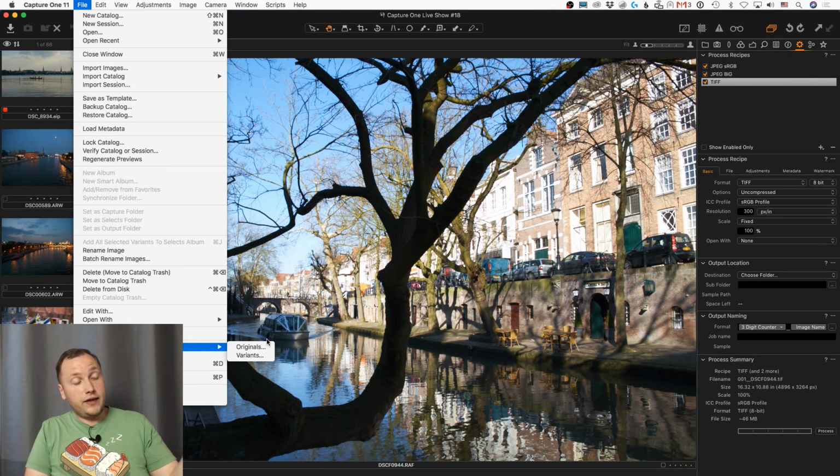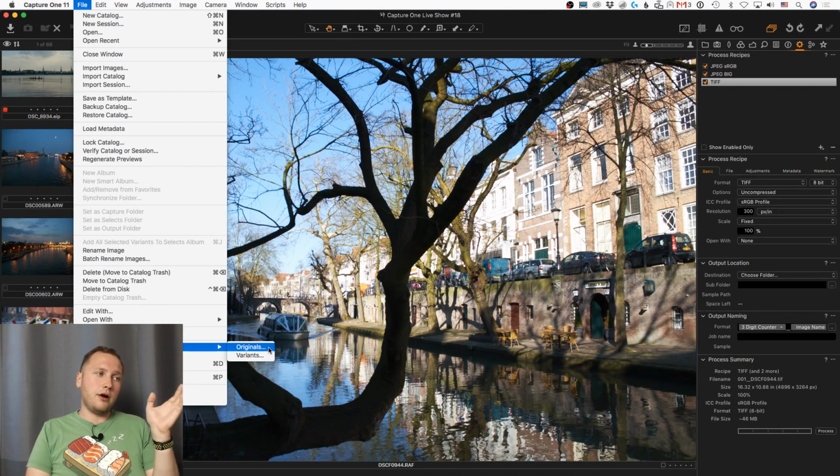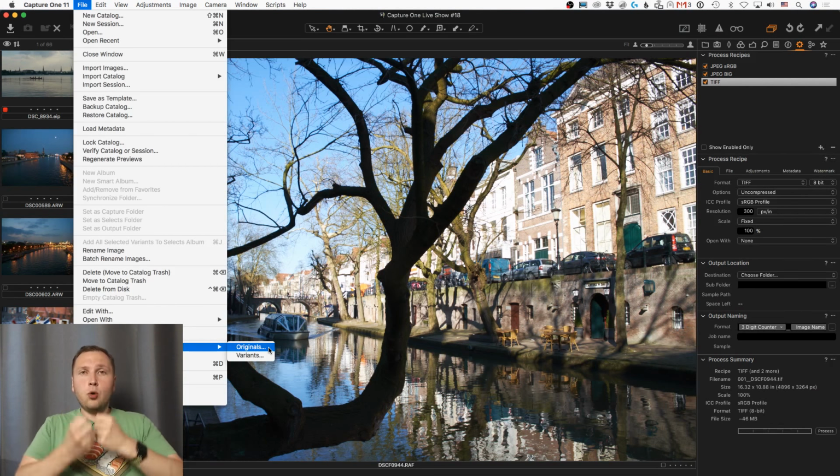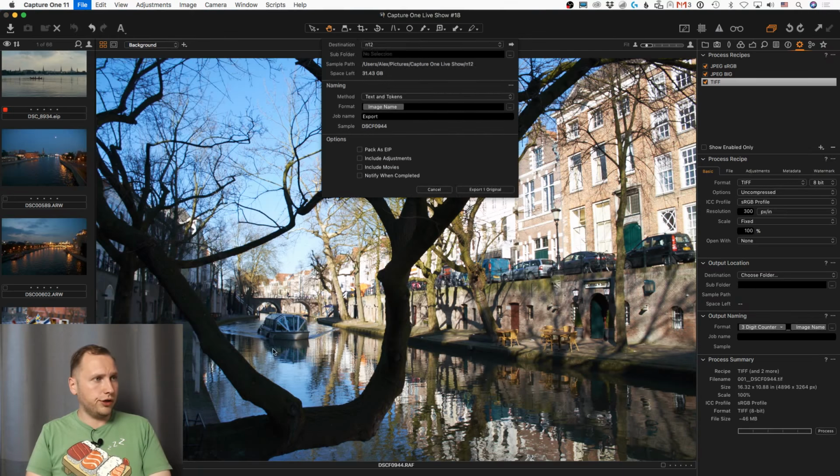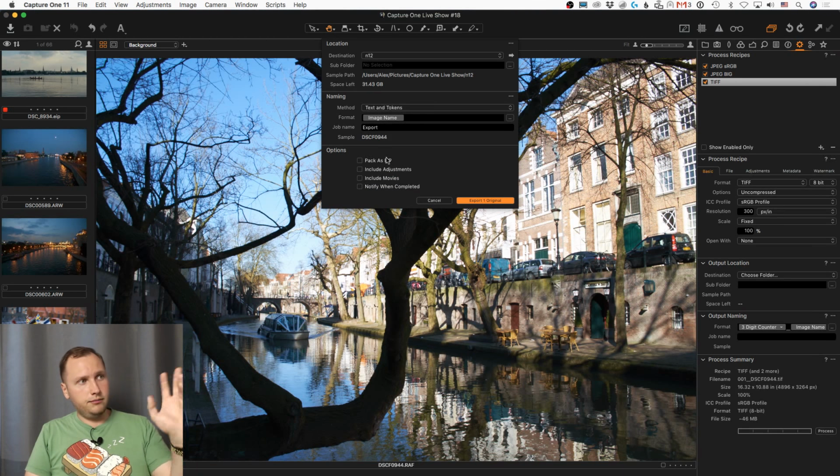Just keep in mind that there are two options: export variants and export originals. Export originals is about exporting raw files from your catalog or session. For example, if you are running a catalog with a huge archive of your images and you wish to export some raw files from this catalog with settings, just click originals, and here you can choose,